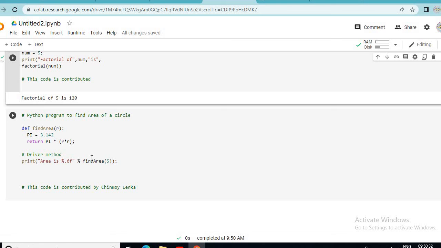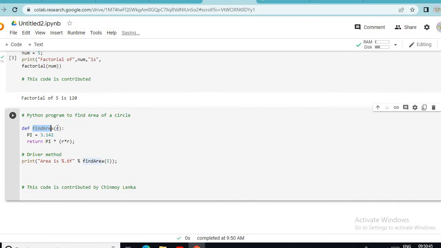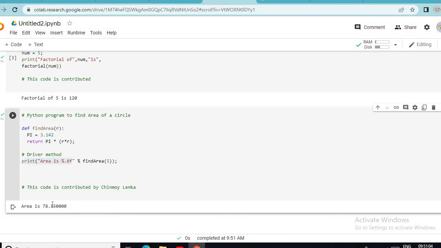Now see one more simple program for finding the area of a circle. What is the formula for the area of a circle? Pi r square, right? R is nothing but the radius of a circle. So find area inside brackets. I have taken r as the radius. What is the value of pi? Pi is equal to 3.142. Then I am going to return pi into r, that is pi r square. Then by using the print function I am printing the area of a circle. When you execute this code, you will get the output as 78.55. So these are the sum